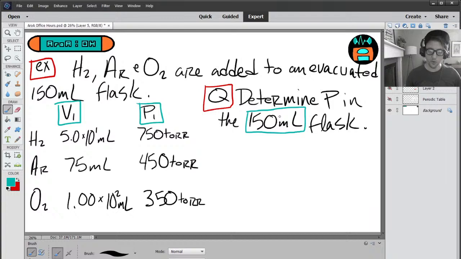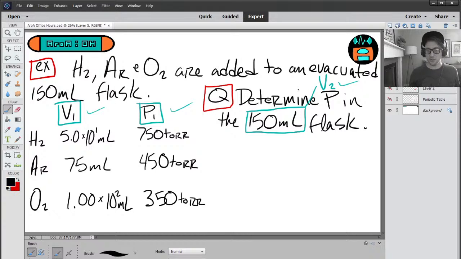We actually know their final volume. Because we know hydrogen, for example, starts in a 50 milliliter flask, but ends in a 150 milliliter flask. And so with V1, P1, and V2,